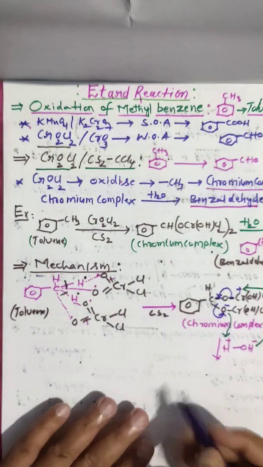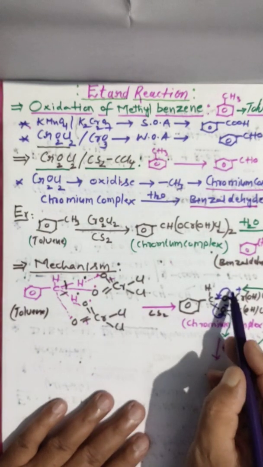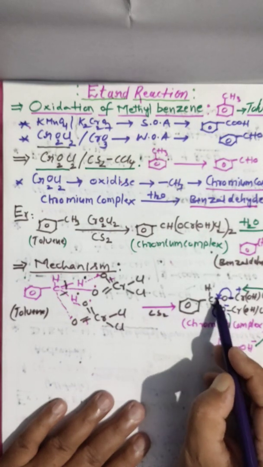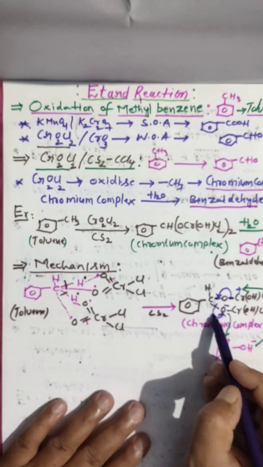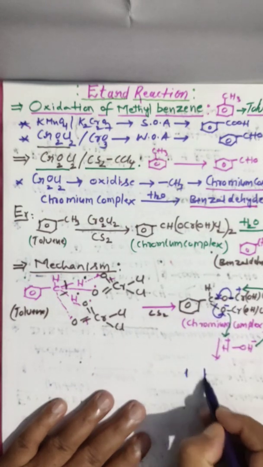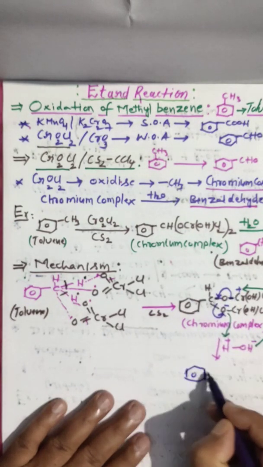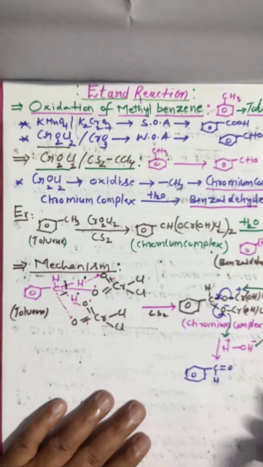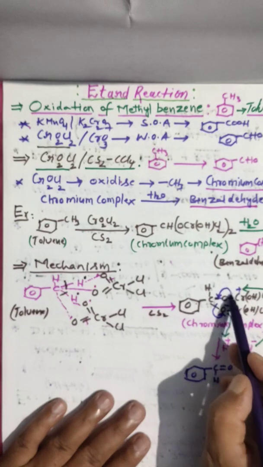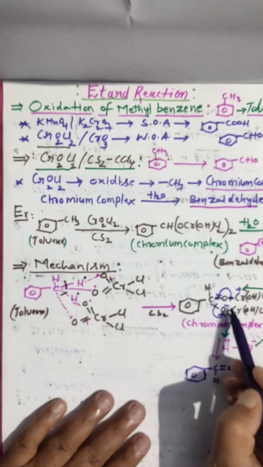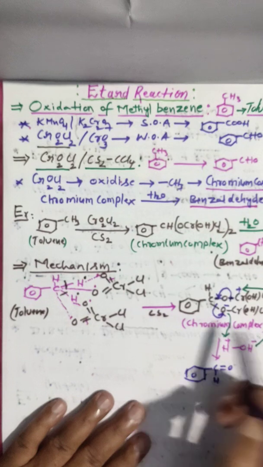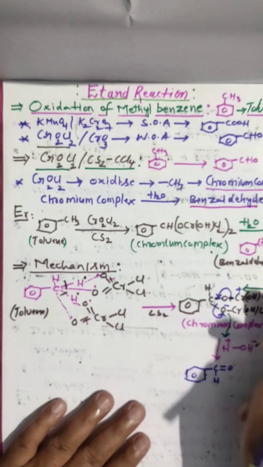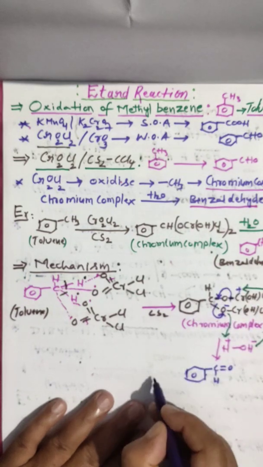Finish. The new product you are getting: this bond is broken here, this bond is broken. This single bond is converted to a double bond, CHO. We got benzaldehyde. Here the bond is broken and shifted to here as a double bond; this part is eliminated, this bond is broken and this is eliminated. This total goes into water as a byproduct.